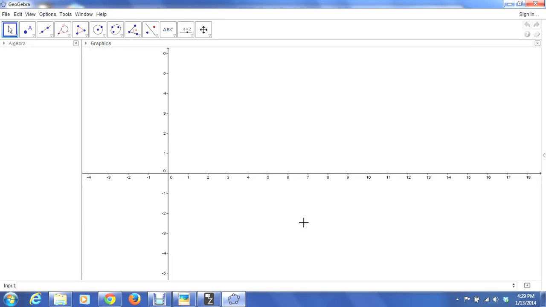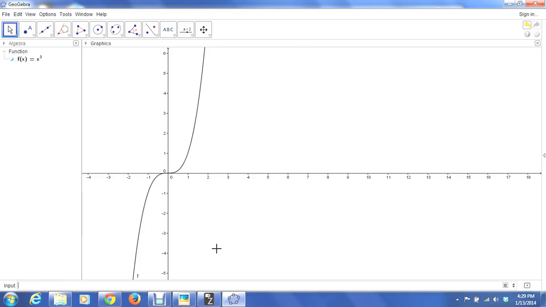Now we're going to explore a graphical representation of the derivative as a function. And we're going to start by looking at one of the functions that we looked at previously. Let's let f of x equal x cubed. And if you would like, it might be a good idea to open up GeoGebra so that you can follow